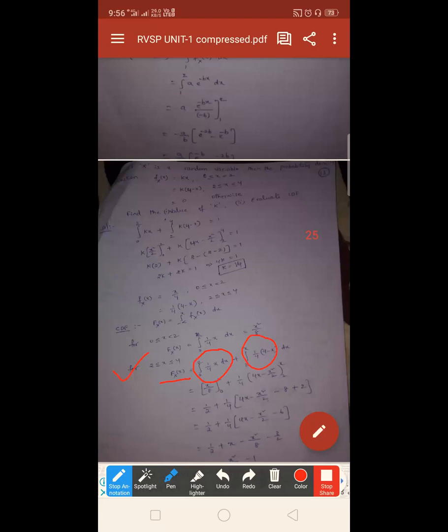Time is over. Let us discuss the remaining problems in the next class. So solve for this, you will get this answer. All of you refer to the material and solve for this. Okay.